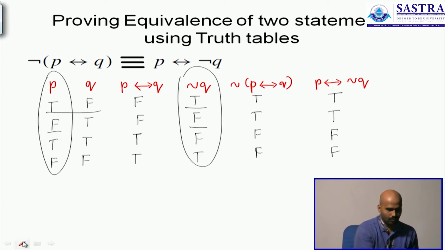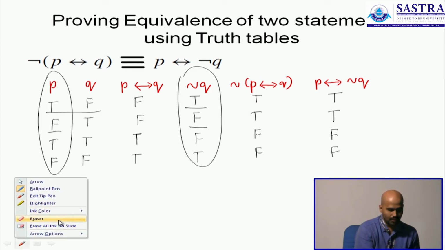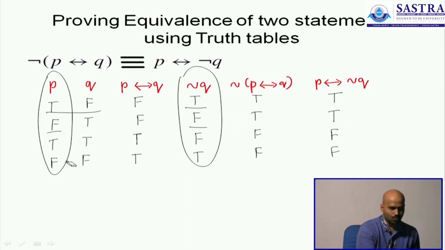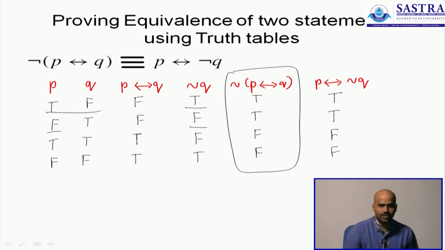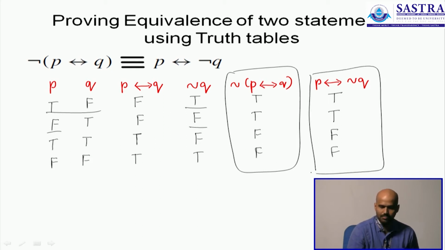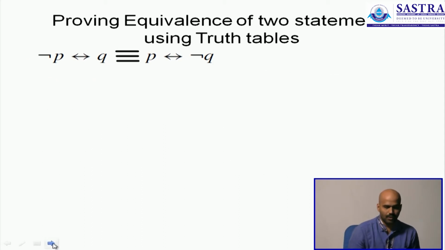Now it's the moment of truth here. We will find out whether the 2 statements given in the question are actually equivalent, and it turns out that they are in fact equivalent. Look at column 5. Column 5 represents the statement on the left of the given statement. Column number 6 represents the statement on the right of the equivalence, and you see that there is a 100% match. Every truth value matches with each other, and hence these 2 are equivalent. Once again shown that they are equivalent.